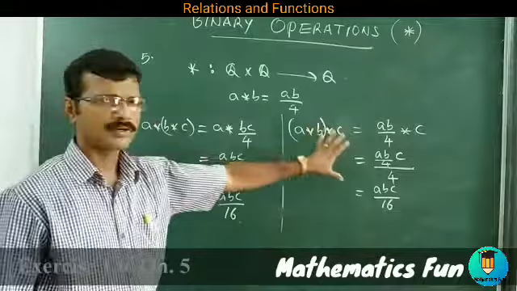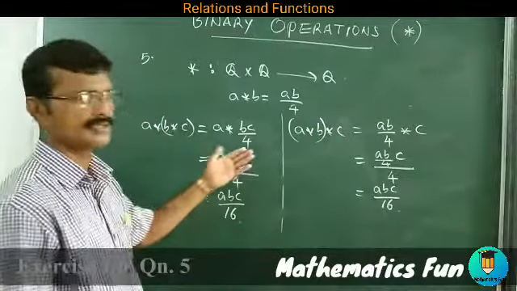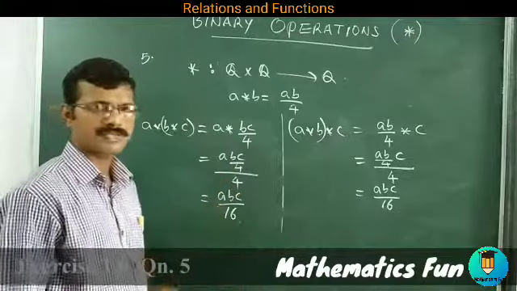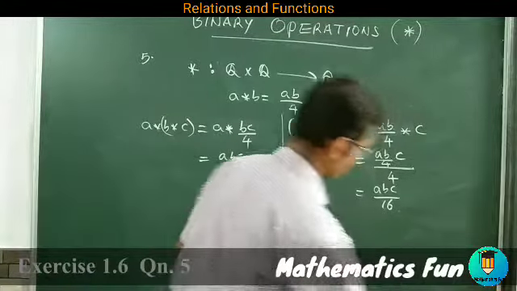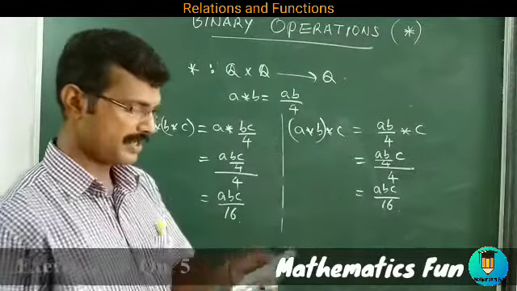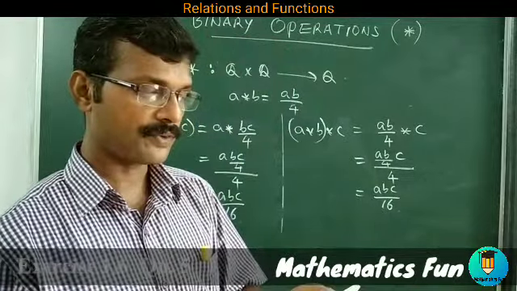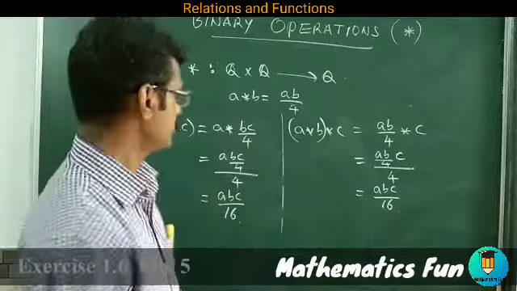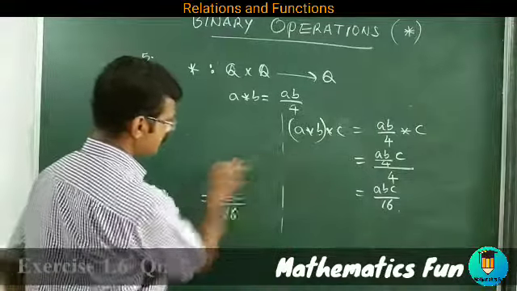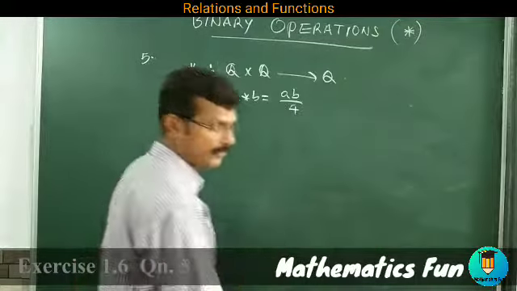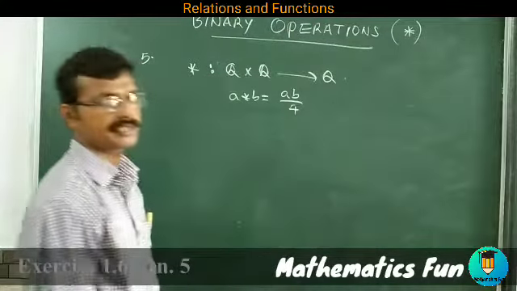So just normal simplification. The procedure is very simple. So both are proved: commutative and associative part is over. Now we have another part, to prove that it has 4 as the identity element. That means we have to find out the identity element. When you find out the identity element, we will get it as 4. That is the next part, identity element.